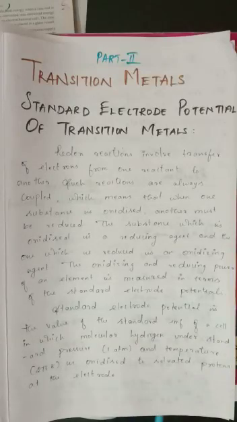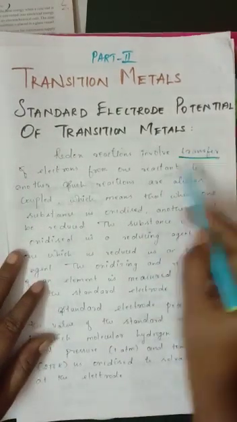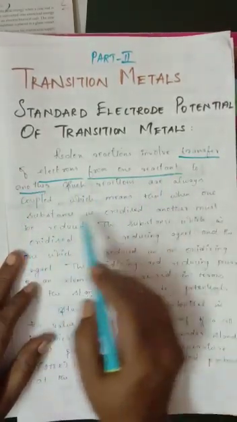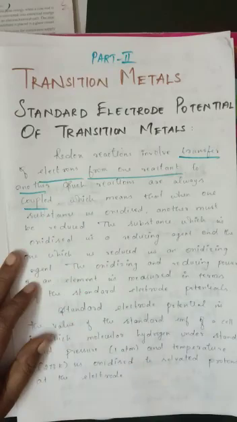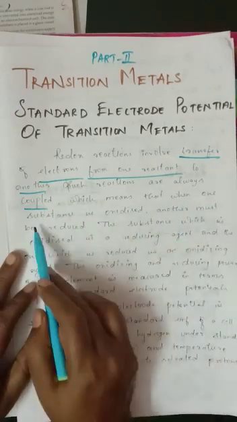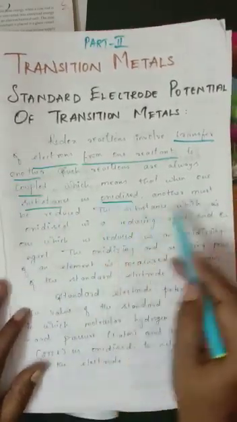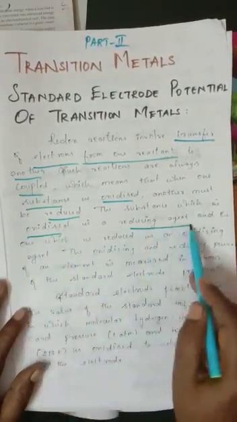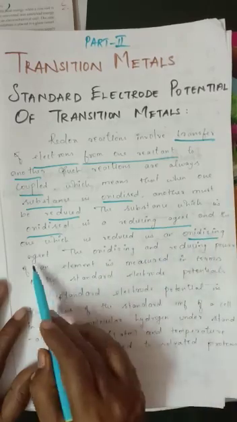Good morning, students. Today we are going to see transition metals, the continuation of standard electrode potential. Last class we saw what an electrode is, what the anode compartment and cathode compartment are, and what a redox reaction is. A redox reaction involves the transfer of electrons from one reactant to another, is it right? So such a reaction is always coupled with another electrode, which means one substance is oxidized and another one must be reduced, isn't it? So the oxidized one is a good reducing agent and the reduced one is an oxidizing agent.